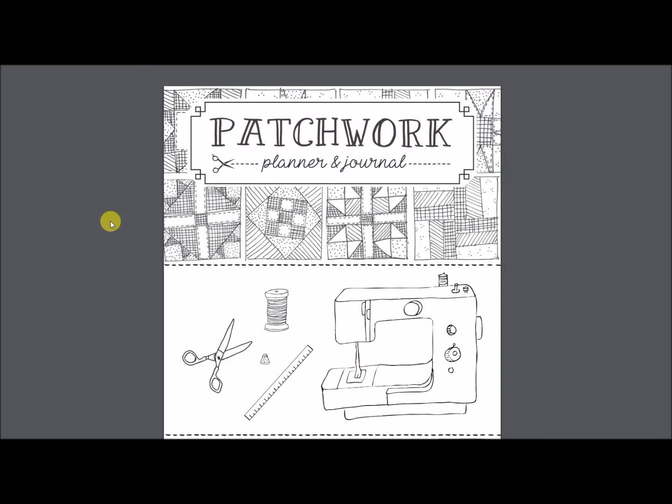I am a blogger over at patchworkposse.com, and this is my newest thing that I am totally so excited about. It's the Patchwork Planner and Journal, and it's been a couple years in the back of my head. I've had a few printables on my blog, and I've kind of thought, it's time to put them all together and make it in a format that's editable and usable, and get it launched and out in the hands of